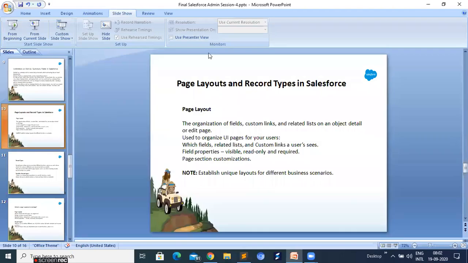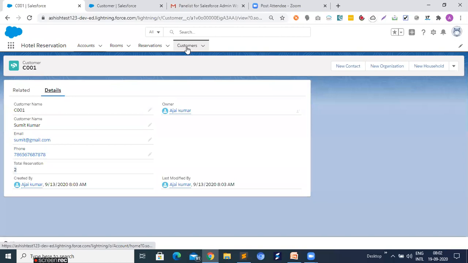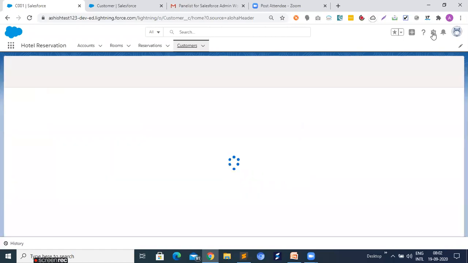So we take one example for customer, like, just go to the object.